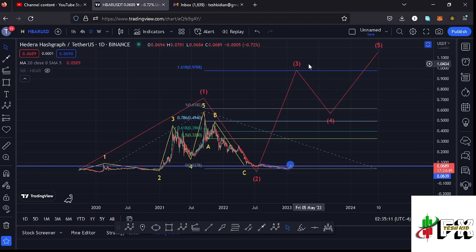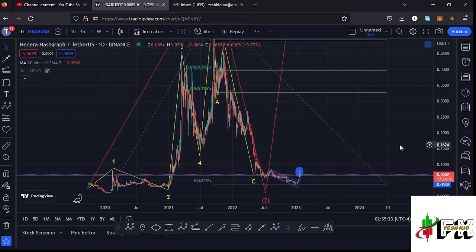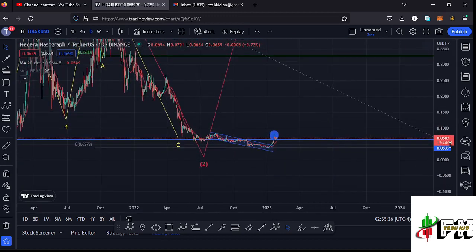And here on the daily chart, you can see I have a target area to the upside in the formation of that wave 3 at the fib level 1.618, which perfectly lies at around the $0.9768 mark. And giving you the short-term scenarios that I'm expecting to play out, starting here on the daily chart,